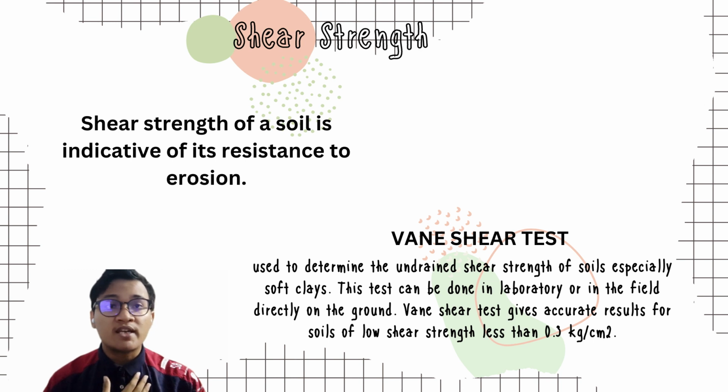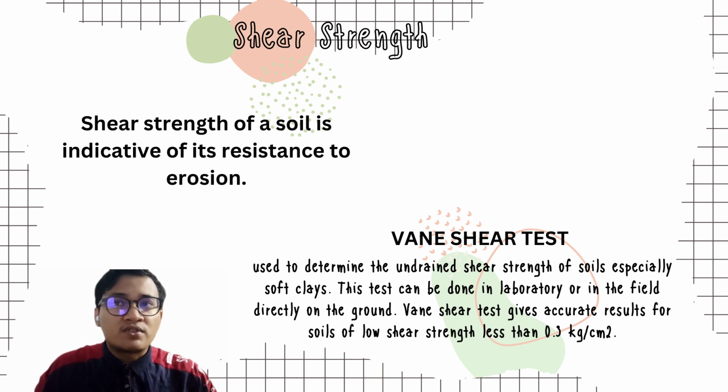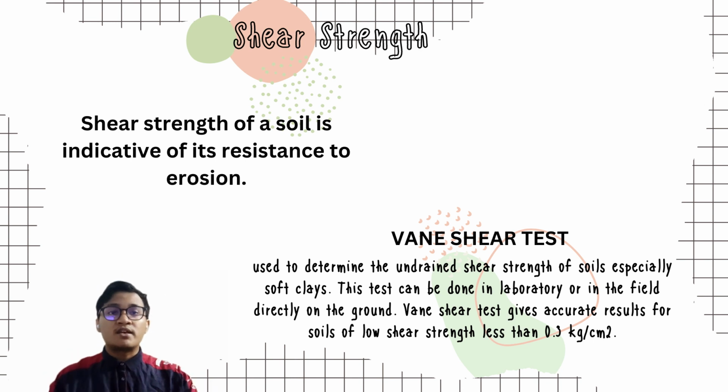And from the SI report, we find that the laboratory test uses the vane shear test at the field to determine the undrained shear strength of soil, especially soft clay. These tests can be done in the laboratory or in the field directly on the ground. Vane shear tests give accurate results for soil of shear strength less than 0.3